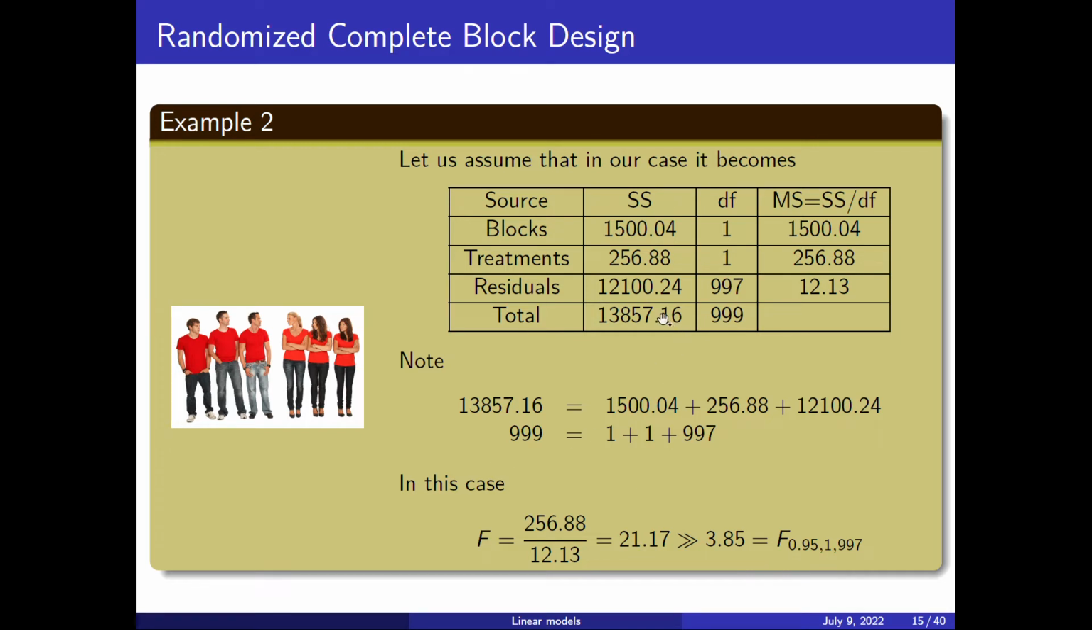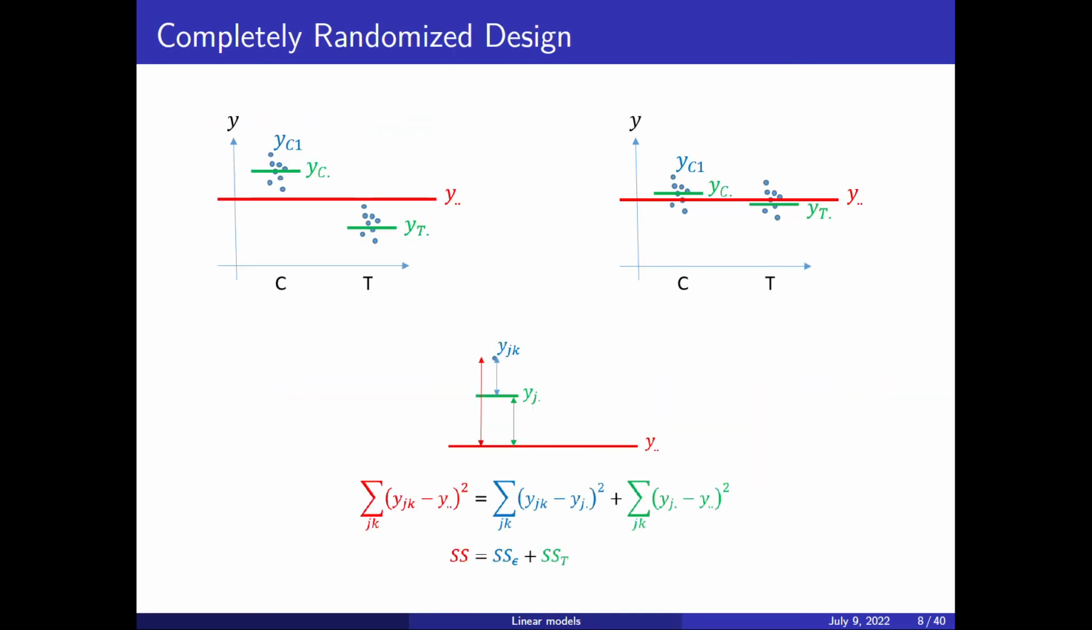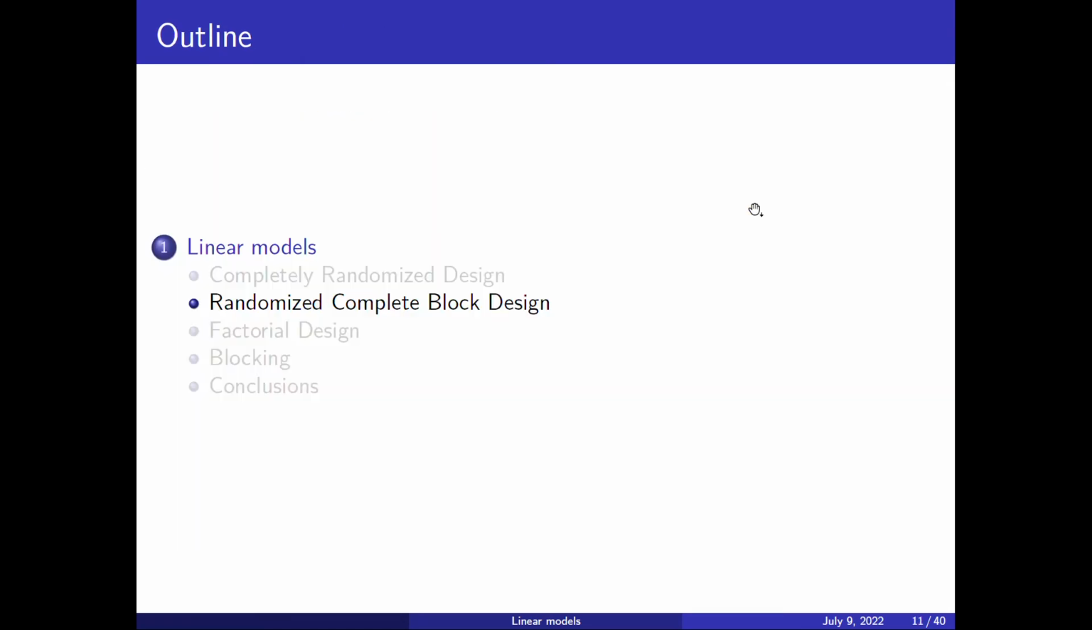It may be that the blocks really explain something. It may be that the blocks do not explain anything. It is like an insurance. If the block makes a difference, I will be able to explain that variability. If it doesn't make a difference, then the block itself would be more or less in the same situation as here. So there is no difference between the plots. Okay, so